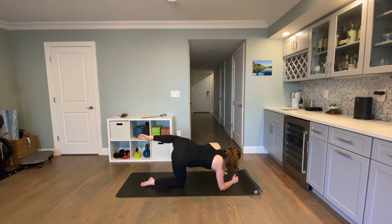and then open it out to the side like that fire hydrant, like a dog rather, not a fire hydrant. For 6, 5, 4, 3, 2, last one. Extend your leg long, tap it down and touch it towards the front of your mat, lift